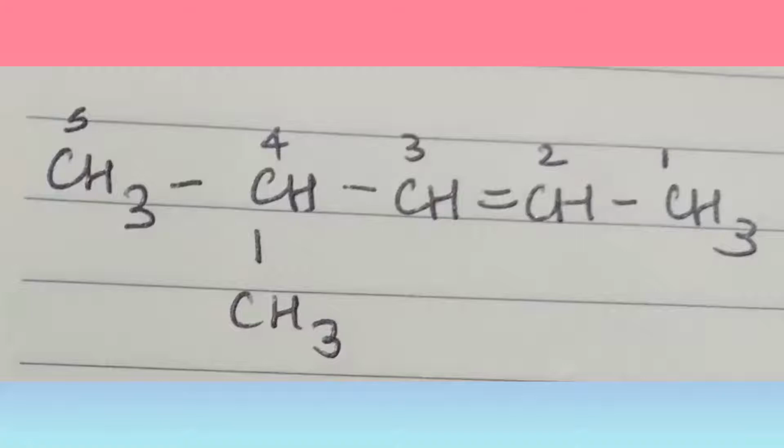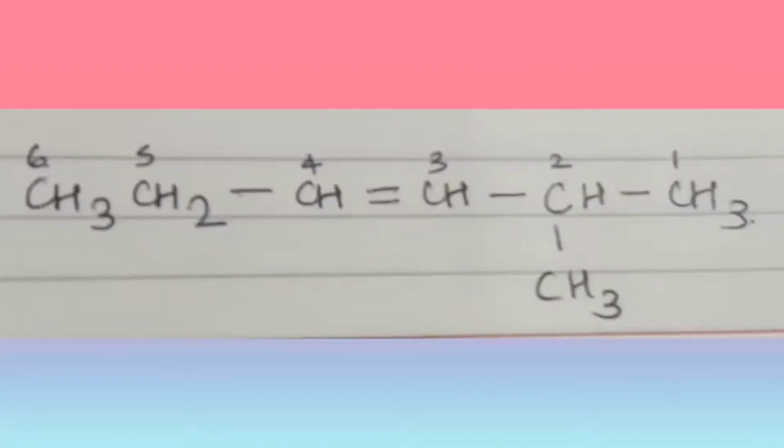Now coming to the naming, here also we can see that there is an alkyl substituent and there is one double bond present here, and we all know that the double bond gets more priority over the alkyl group. So when we start naming it, we make sure that the double bond gets the least number. If I go naming from right to left, the double bond carbon gets number 2 and the methyl group gets number 4, and the sum of these two locants is 6. But if I go from left to right, the sum is also 6, that is 2 plus 4. But we all know that the double bond always gets a higher priority, so we do the allotment in such a way that the double bond carbon gets the least number, that is 2.